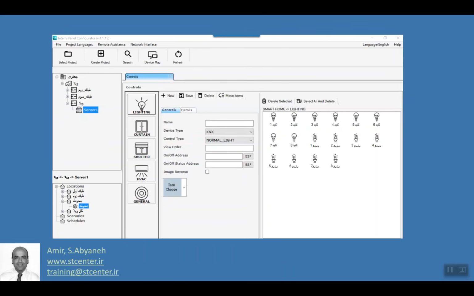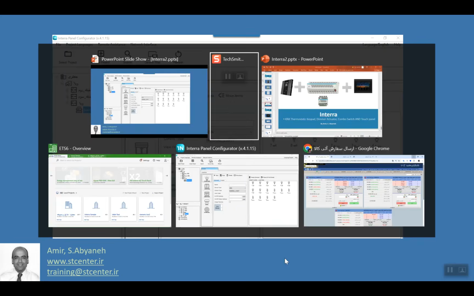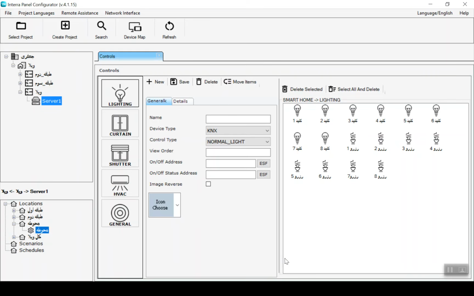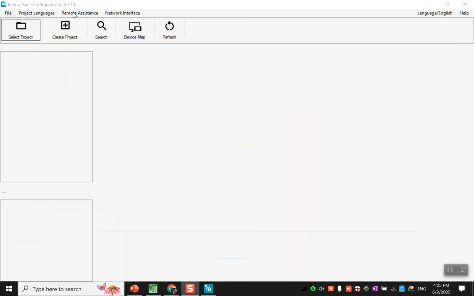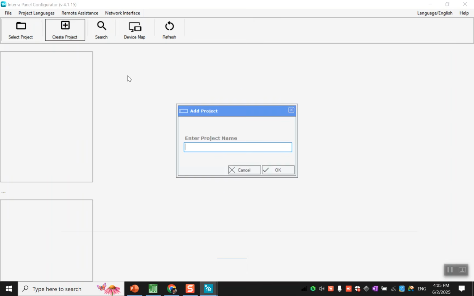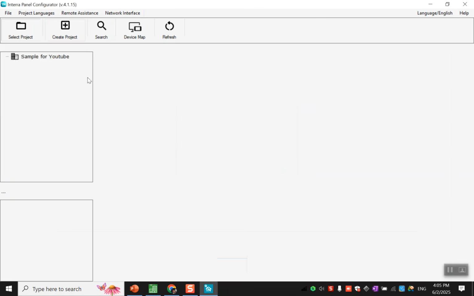So this is the panel configurator. Now we are going to see how to deal with the panel configurator. Okay, so this is the panel configurator. When you open it, you can click on create a project. We name the project sample for YouTube and we click OK. Then we click on the sample for YouTube